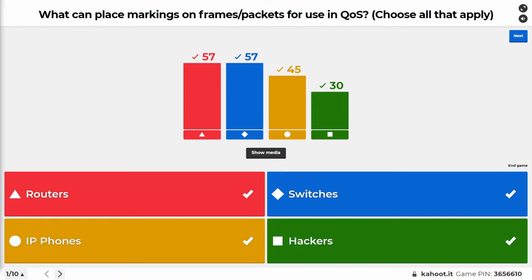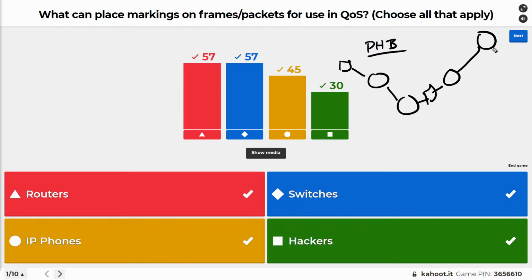All right, all those devices, those entities can place markings on frames and packets. The key with differentiated services is that we're discriminating. That's effectively what that does. So when we talk about PHB, per hop behavior, it means that every device in the path, let's say these are several routers, maybe we have a switch or two in there, and the user is sending traffic, or it could be an IP phone or something else that's going through here, then here, then here, then here, then here, to a final destination. Per hop behavior means that each device on its own is looking at the markings.